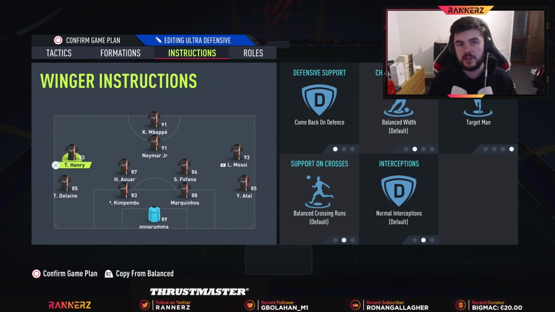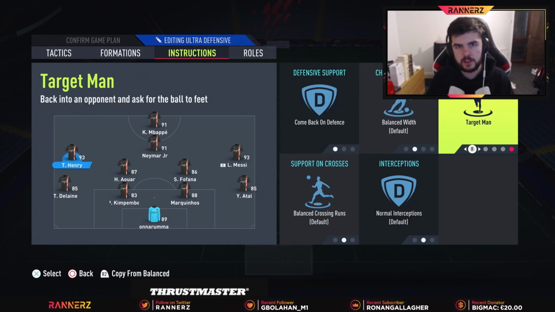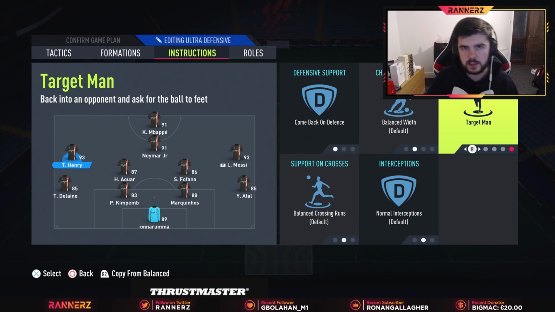Now the left mid is kind of an interesting one. This only works if you have somebody tall. So I have Henry, got an 85 heading accuracy, 6'2". His jumping isn't crazy, but he's good enough in the air. And if you have this available to you, you're going to put on target man. Somebody like Ginola, Ronaldo, these sort of guys work as well. But basically you want to put on target man on them as well as come back on defense,